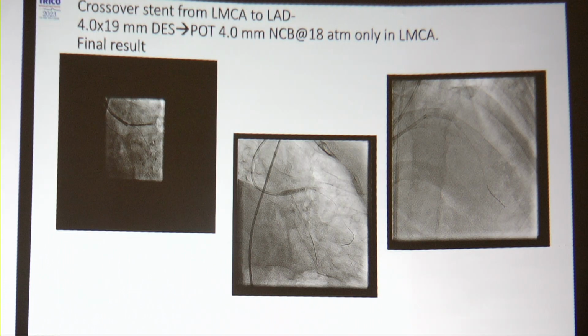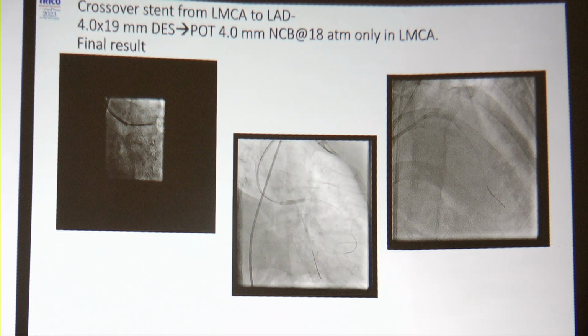So we decided for a crossover stent from LMCA to LAD this time. We put a 4 into 19 millimeter drug-eluting stent. POT was done with a 4 millimeter NC balloon at high pressure, at 18 atmospheric pressure, but we remained careful